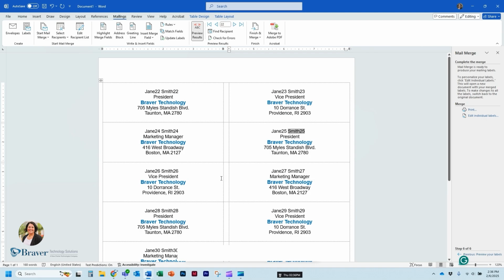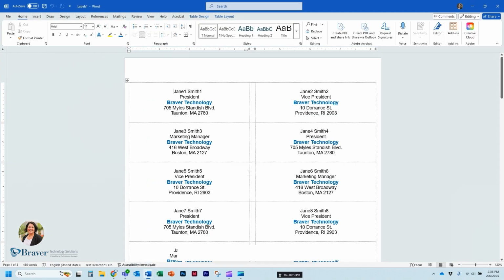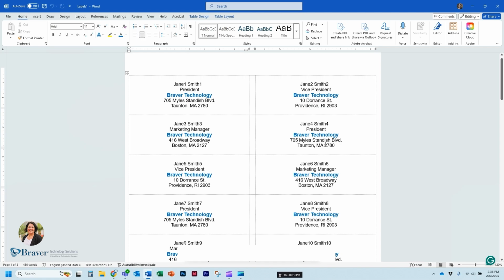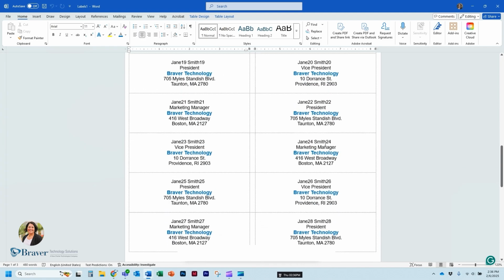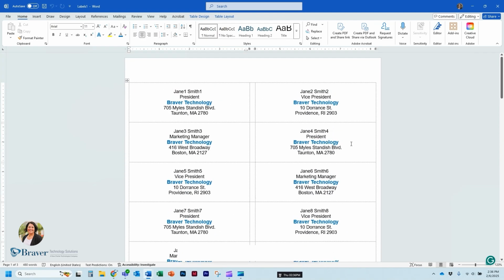So oftentimes I might save this document if I need to pull from it again and again, but the document I'm going to make changes to now is its own file. So as you can see, what I talked about earlier, this postal code does not have the 0 in front of it. So one thing I often do if I'm mailing to anywhere in New England, I go in and